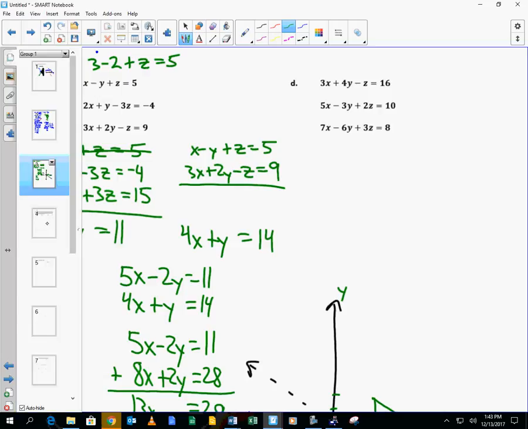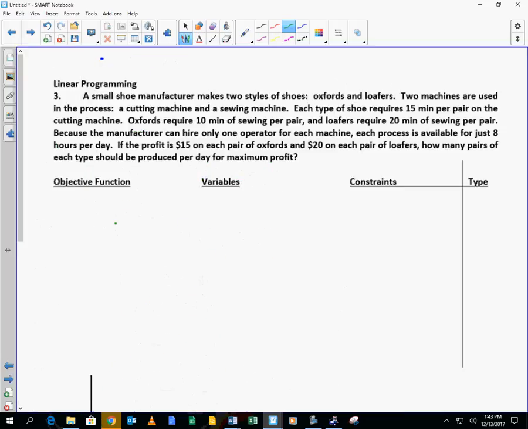So I will end with this. You do not need to do this problem right now, but raise your hand if you remember linear programming. Okay. Here's my little plug for